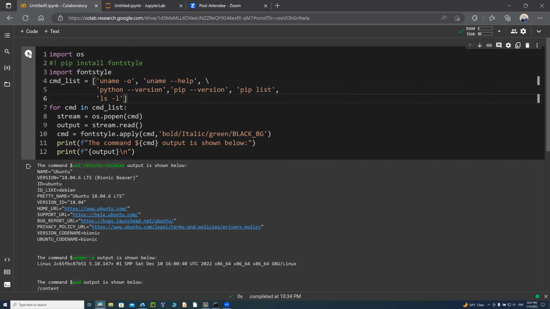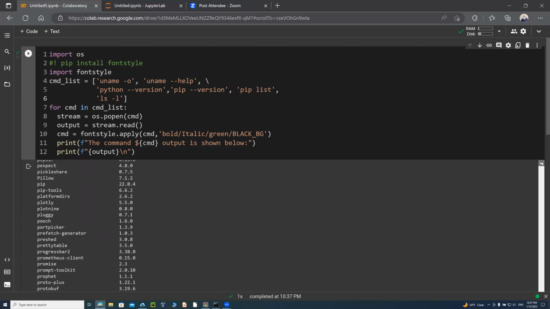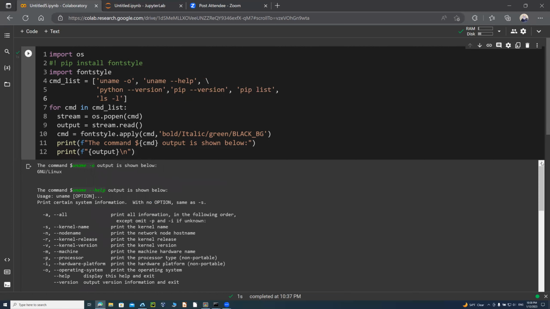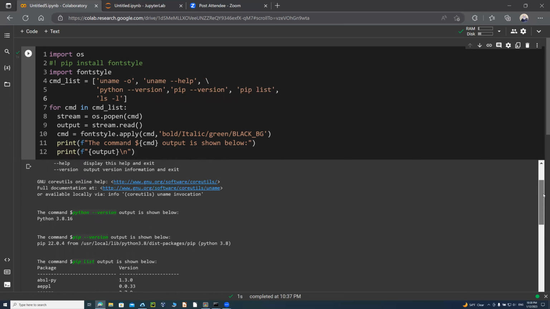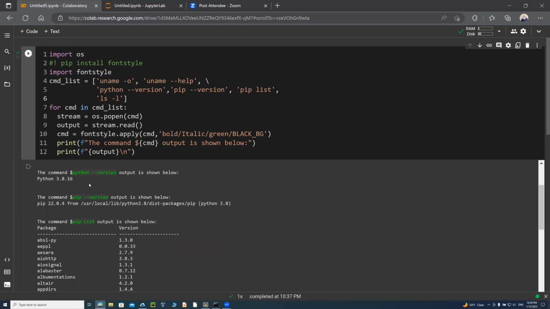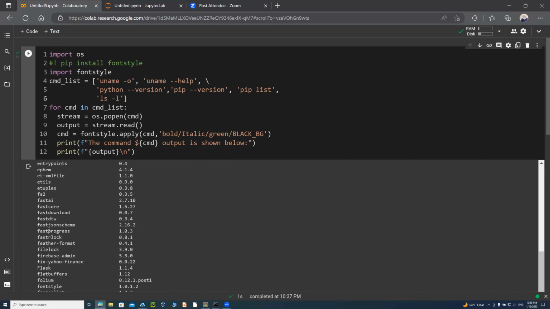So if you just run this command here, you can see that it is just replacing those arguments. And now you basically are learning the Unix operating system as well as Python. So with Python, you're just running this command and it gives you the output, and uname --help is giving you this. And then the next command I did was python --version, and it shows the version of Python. Similarly for pip version, and similarly for pip list, and it shows all the packages that are listed,